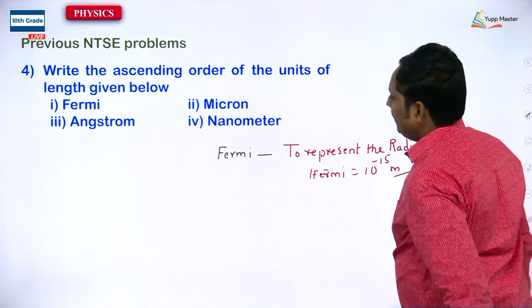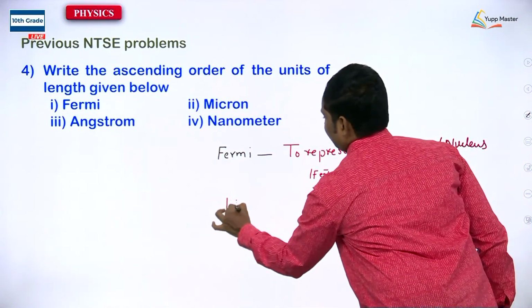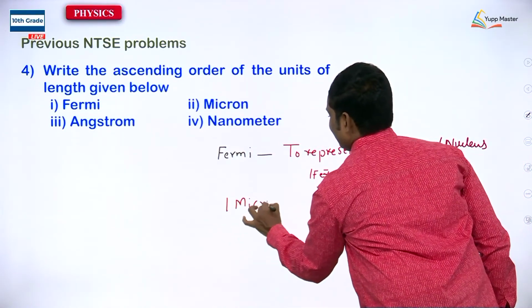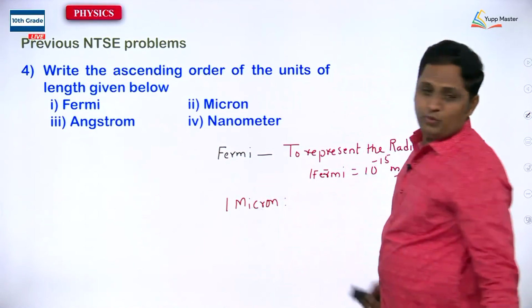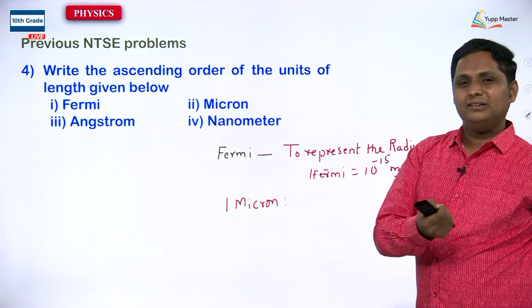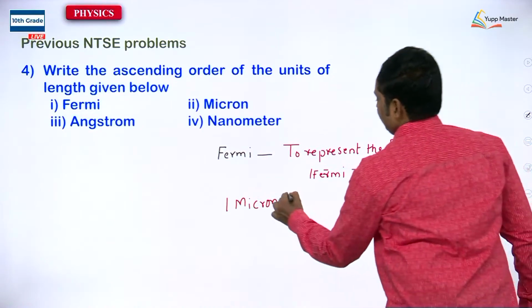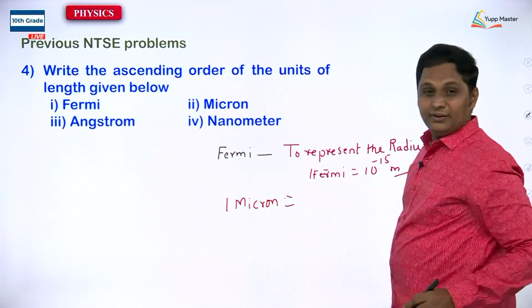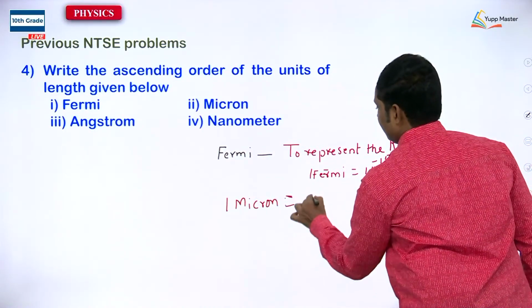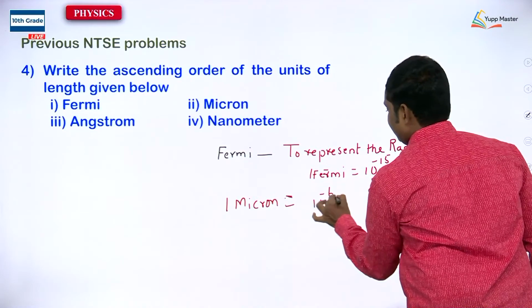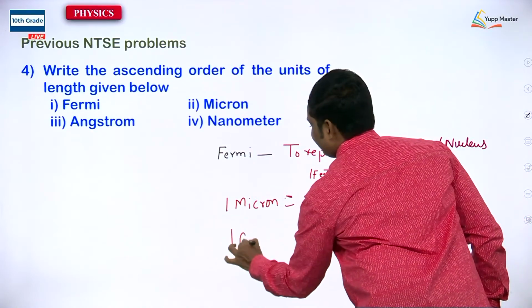All right. Now, 1 micron is the thickness of a small microscopic organism, and its size is 10 power minus 6 meter. 1 angstrom,